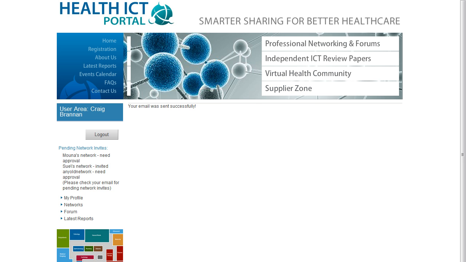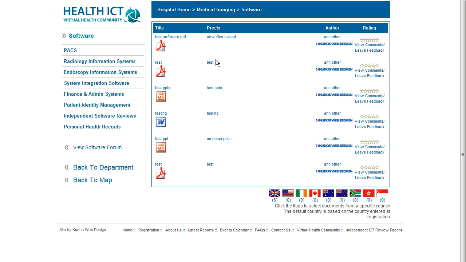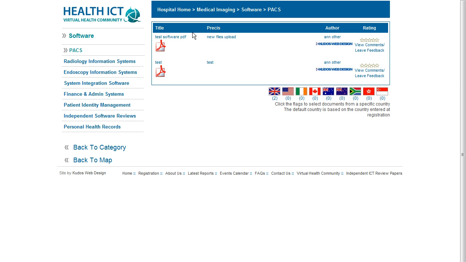Now, it may be that there's lots and lots of documents here, so you perhaps need to use the filters on the left-hand side to break the information down even more. So if I was to click on packs, for example, you'll see that my list just comes down to 2 documents. Other things to note here, we have all of these flags at the bottom, and the number beneath each